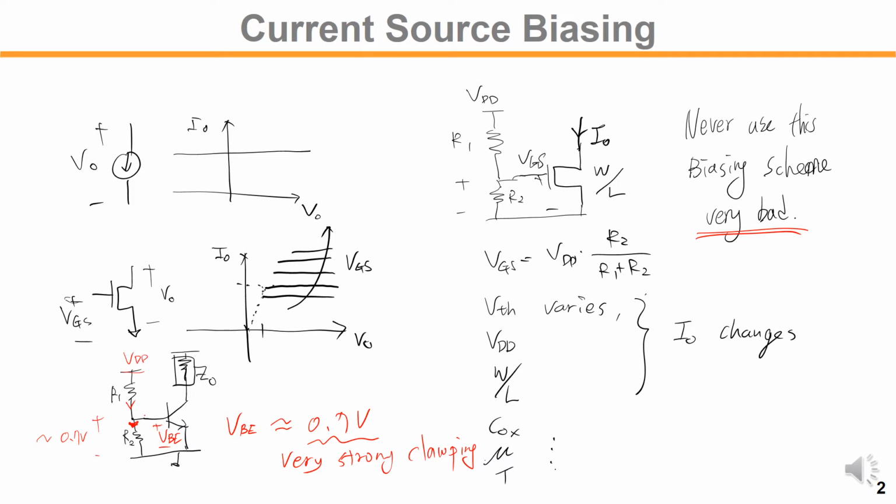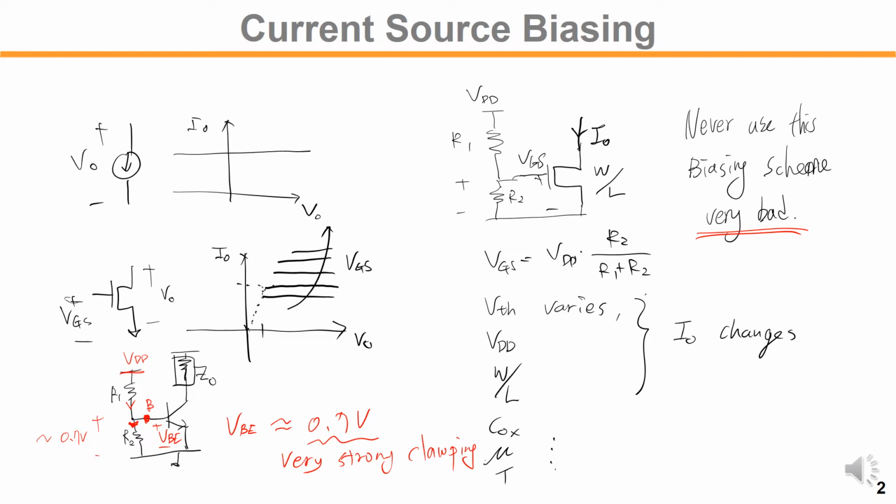So no matter what the VDD is, the voltage variation on the base is small. In that case, we can use this kind of biasing scheme in BJT,